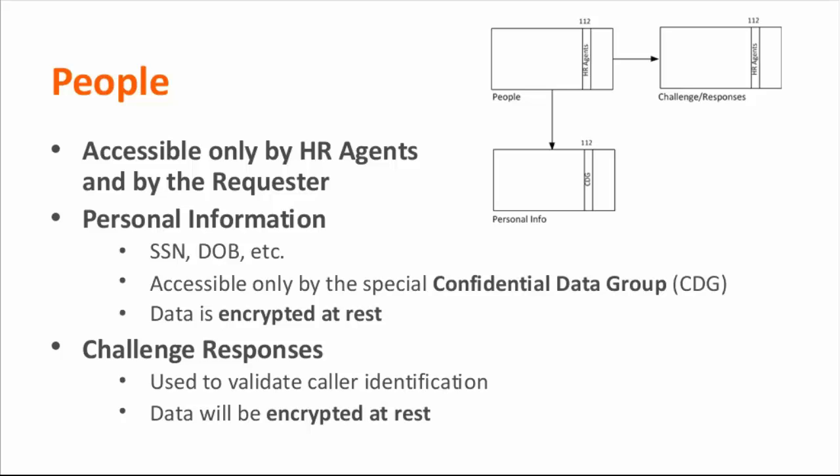So there are three pieces of information that we are encrypting. Two of them are related to the people profile. One is the personal information, like the social security number, date of birth, address, date of hire, and things like that. These are all considered to be personal information, and these are all encrypted at rest. The other thing is,